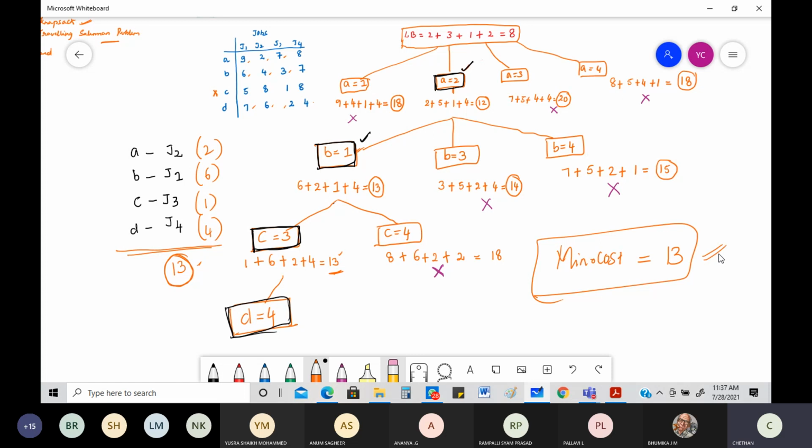Very important problem with regard to your internals, because a little bit different problem I've given. Only one value I've changed, except that it remains the same itself. This is how you need to do. This is very much your branch and bound problem that you got to be very careful of. And also you need to figure out what is the minimum cost you got, using your state space tree only. I didn't use anything else. See, this is very much my state space tree.